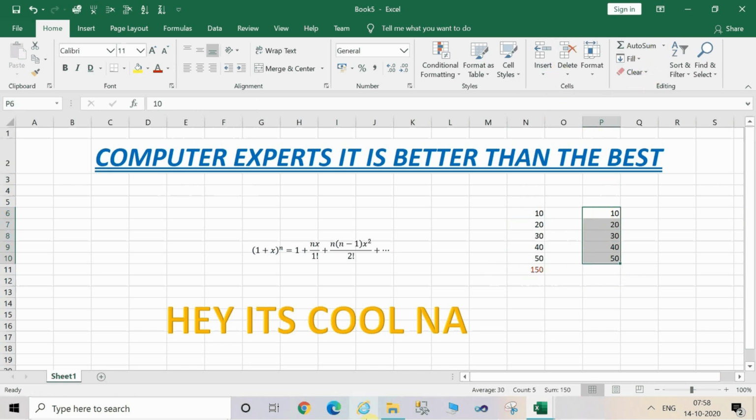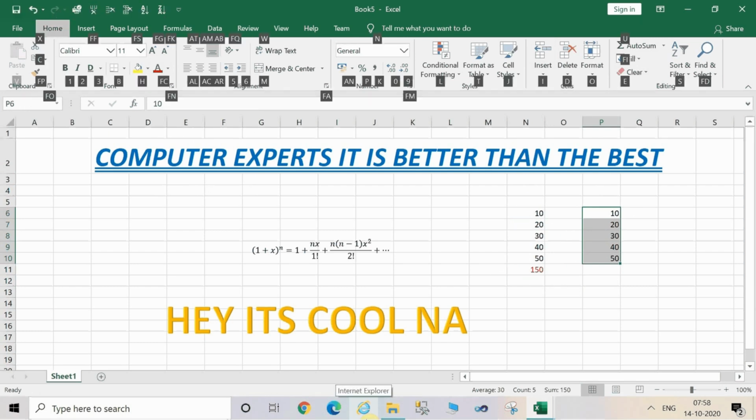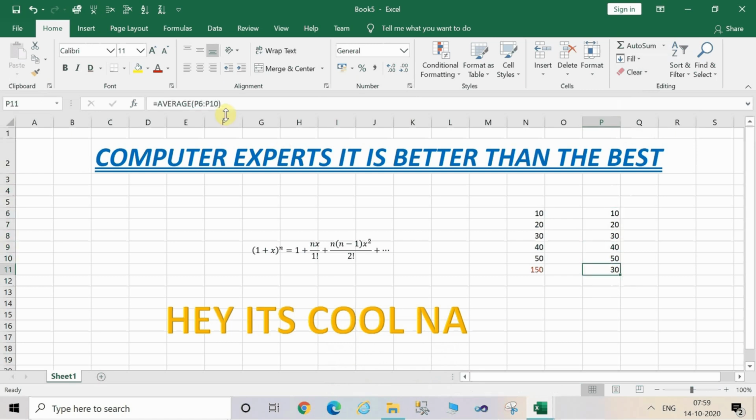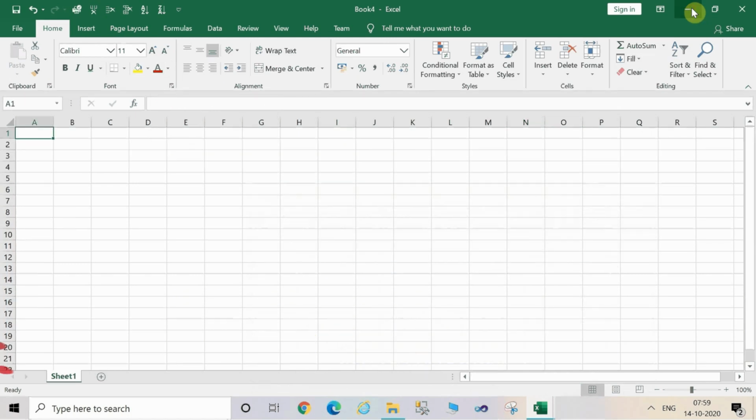Alright, and now press the Alt H from the keyboard, and for auto sum press U from the keyboard, and then again press A for the average. Now the average has been calculated to 30. Now we will highlight it with red color. In this way you can operate the Excel with the help of keyboard.